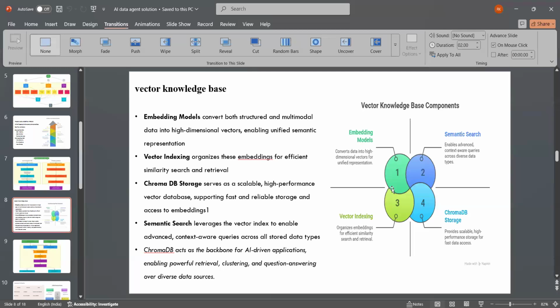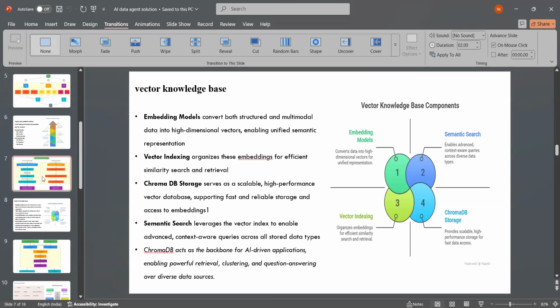In vector indexing, we organize these embeddings for efficient similarity search and retrieval. ChromaDB storage serves as a scalable and high performance vector database, supporting fast and reliable storage and access to embeddings. And semantic search leverages the vector index to enable advanced and context-aware queries across all the stored data types. ChromaDB acts as a backbone for AI-driven applications, enabling powerful retrieval, clustering, and question answering over diverse